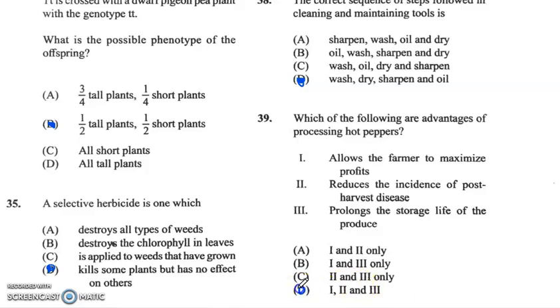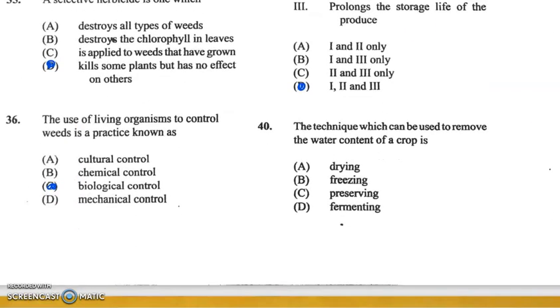Very good. Question 40. The technique which can be used to remove the water content of a crop is called, and if your answer to question 40 is drying, you are very much correct. Very good. So we have come to part 1 of the agricultural